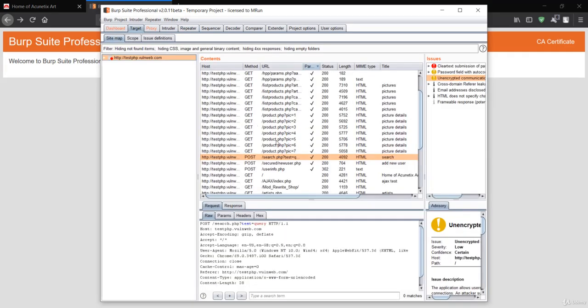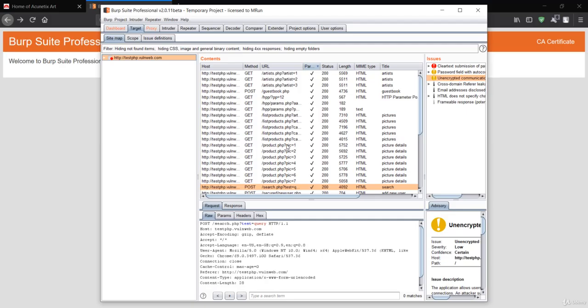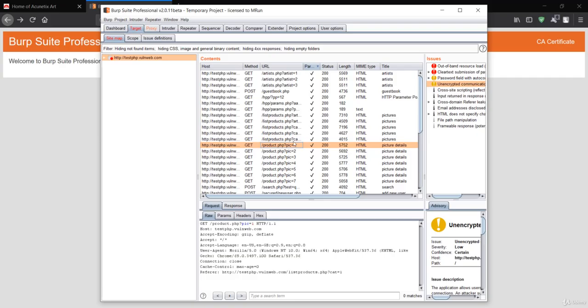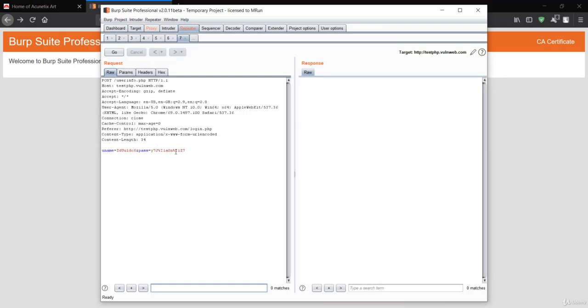So again go to the target, and let's search for something that will get our XSS attack. So let's see. Till now we have not succeeded, or we are not getting anything. So let's send this to repeater. Let's see if this works. So I'll just put here something like, again, Udemy. Let's see if this works.